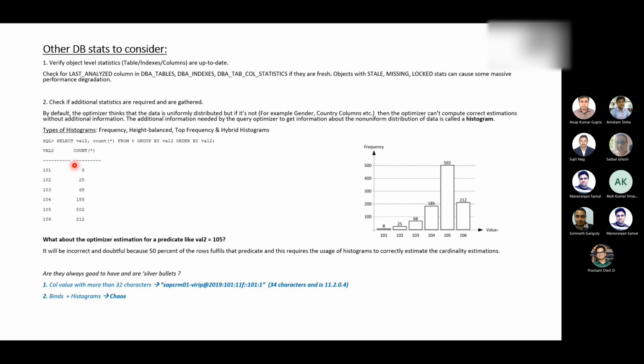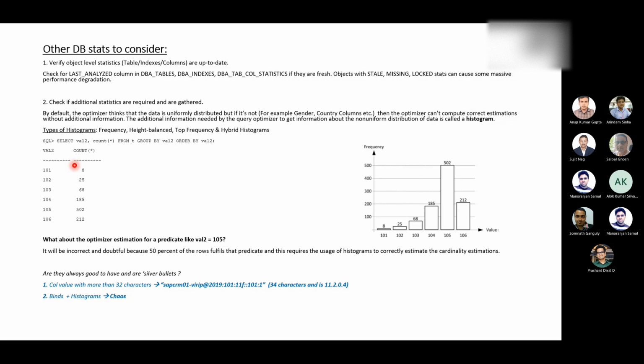So if you set val2 equals 101, the estimate is derived as the total number of rows divided by the number of distinct values. If you divide it like this, you'll get a good number of unique entries, right? This assumes, of course, that you use a 100% sample, estimate_percent 100%, to gather the statistics. And of course, the results could be a little different and less predictable if you're using a version older than 11g, or if you haven't yet converted to the approximate NDV.